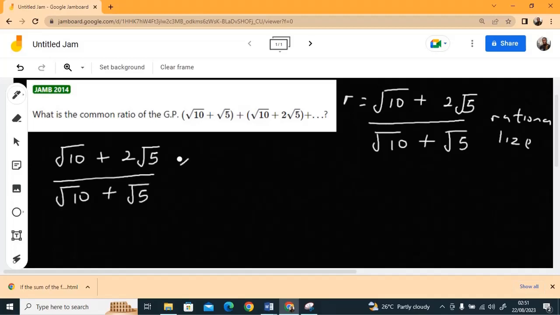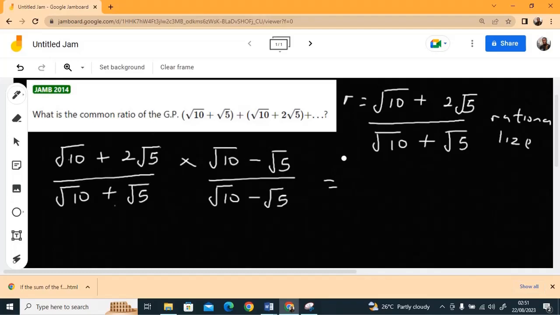Now, you are going to multiply the top and the bottom by the conjugate of this. Conjugate means you just change this plus to minus. So it's going to be root 10 minus root 5 over root 10 minus root 5. So what you're going to get is that, let's multiply